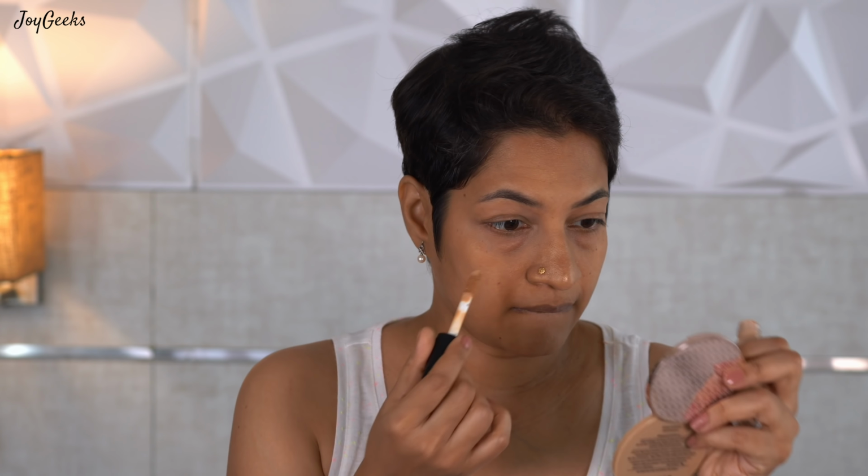But the good thing is that it did blend out very well, and this shade worked very well for me. If you want a natural looking concealer, and you're my skin tone, this would work well for you. If you want a little highlighty kind of a thing, you may want to go for another shade. But I didn't feel that this concealed too much, so I went in with a double layer because I normally apply very little. So I didn't think that this concealer...